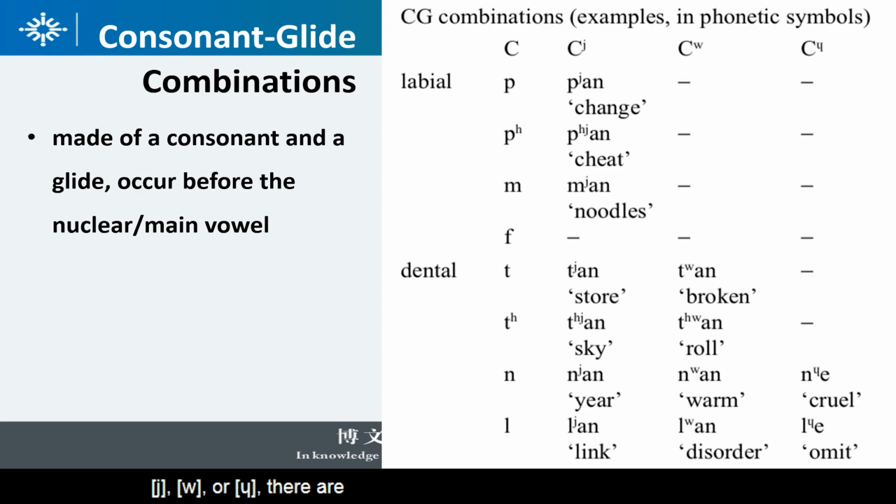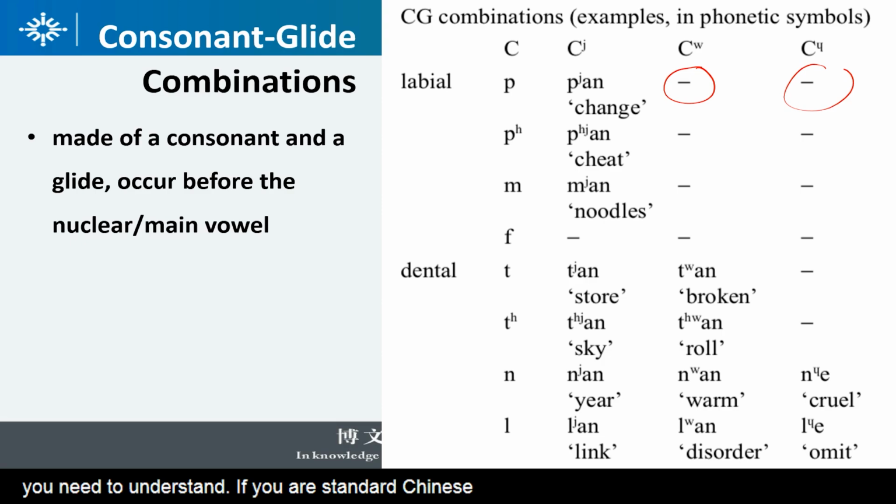I, U, or Yu, there are rules that they can only be followed by the glide I. Bian, okay, change, bian, pian, mian are acceptable. There's no fian, right? And also no buan, no such syllable here. They are blank, as shown, right? There's no such syllable. That means bu, pu, and mo cannot be followed by u, yu, using as a glide. This is a principle you need to understand.